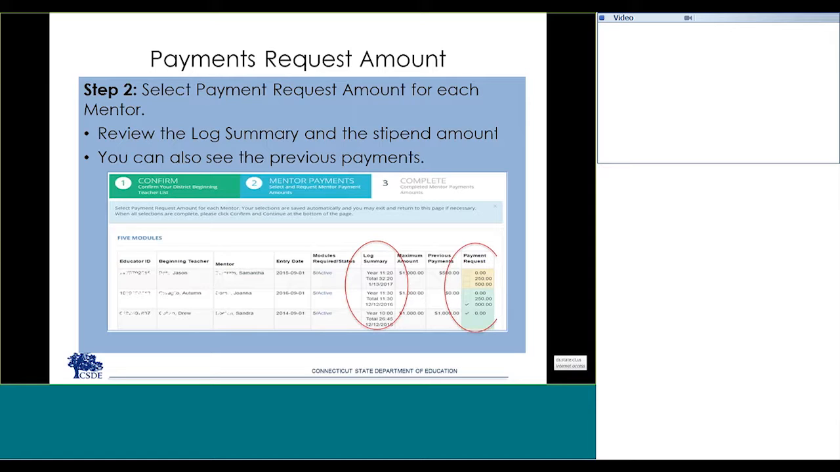The maximum amount of money for a beginning teacher mentor match is $1,000 if that teacher is working on 5 modules, and $500 if that teacher is working on 2 modules. If there have been previous payments, that's listed in the next column. So in the right-hand column for Jason and Samantha, your choice as the district facilitator is to request $0, $250,